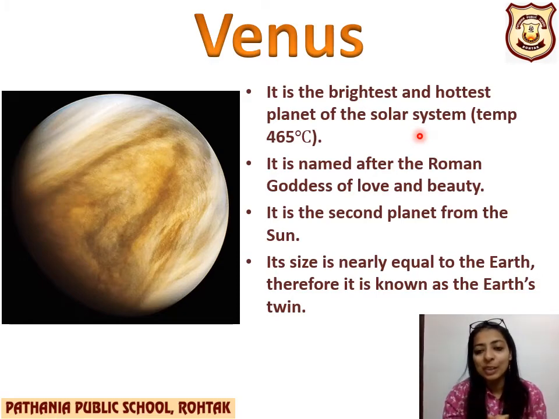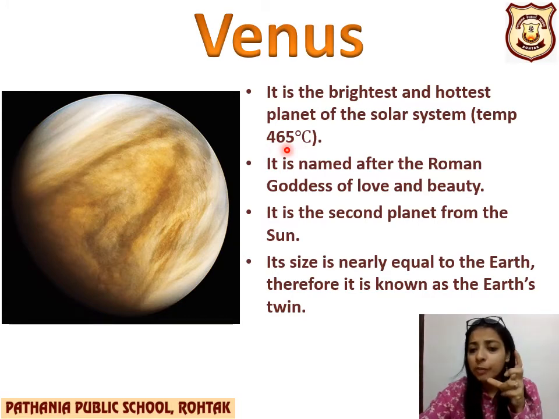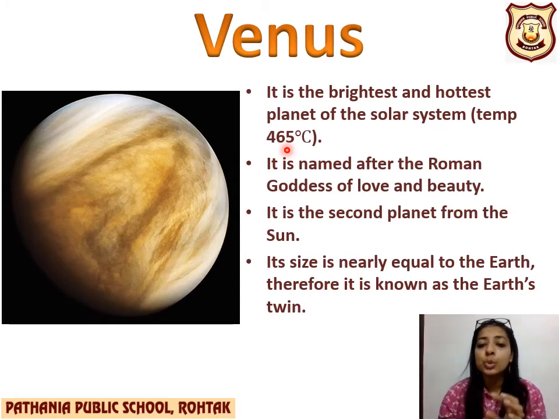Yes, because of the gases that are present here, वो इतनी ज्यादा गर्म हो जाती हैं कि it takes time to get cooler. ज्यादा difference नहीं है. Mercury पे जो temperature है that is 427 and here the temperature is 465. The जो बीच का difference है 20-25 degree Celsius का, that is all because of the gases that are present on the planet Venus. Due to those gases, it heats up so much. It is named after the Roman goddess of love and beauty. It is the second planet from the sun that we know.